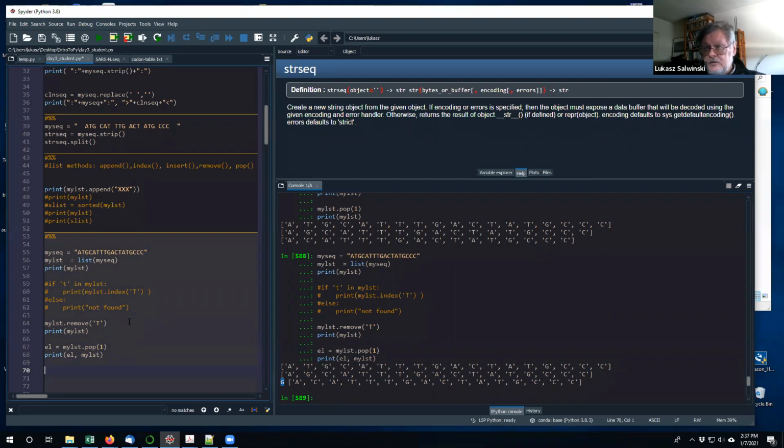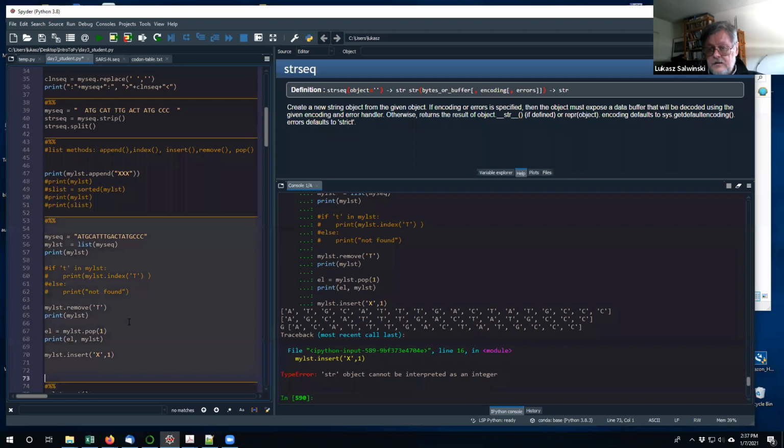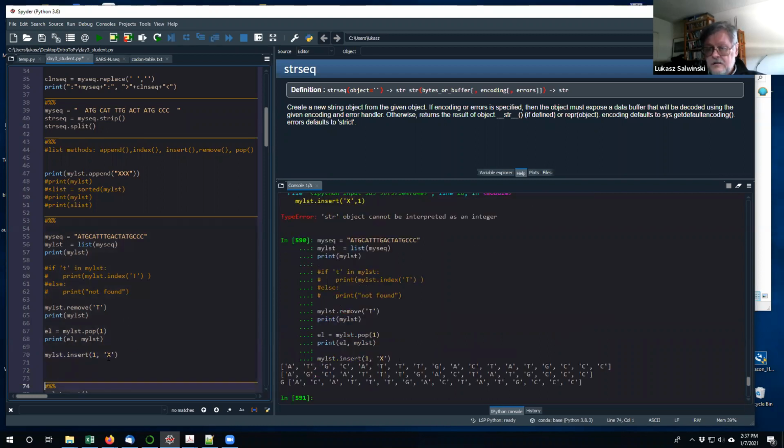We can insert something if we want to add an element at the given position. We had append that was adding at the very end. Let's see if insert works. Let's try my LST insert, let's say x at 1. Yeah, so we've got to insert at position 1, and we want to insert x. And now if we print my LST,